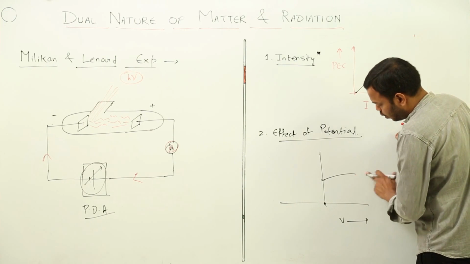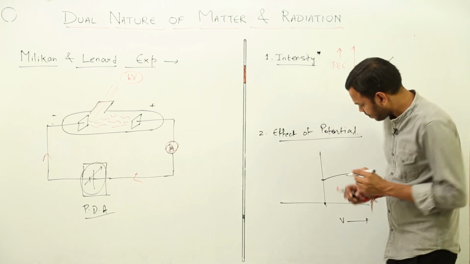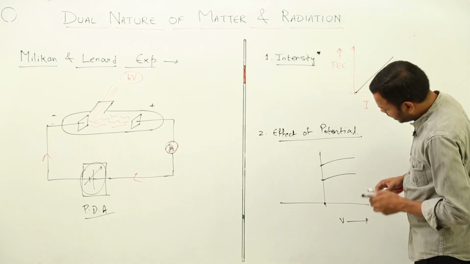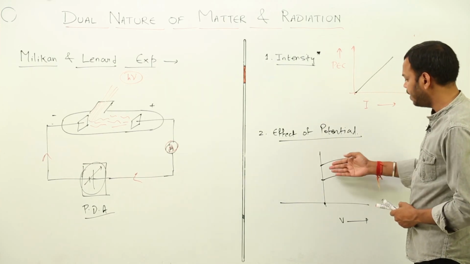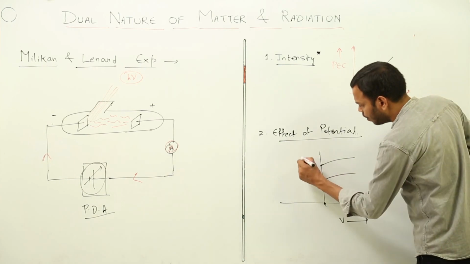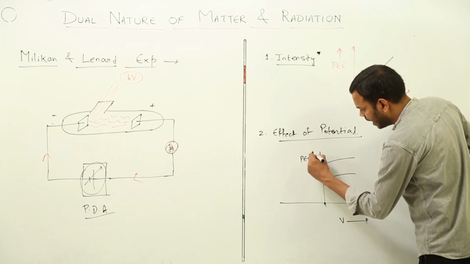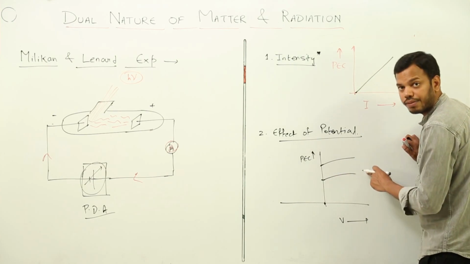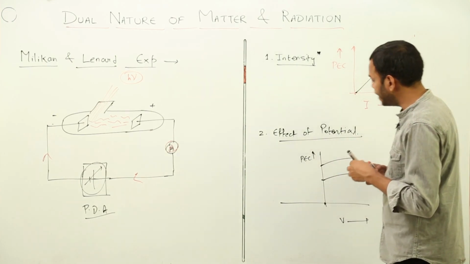Okay, so students, one thing here, if I have to draw two graphs, I'll make it like this. Now you can see that I have increased the value of current. I'm showing photoelectric current on this side. I have increased the value of current by a very small bit in both of these graphs. There is a reason. The reason is that